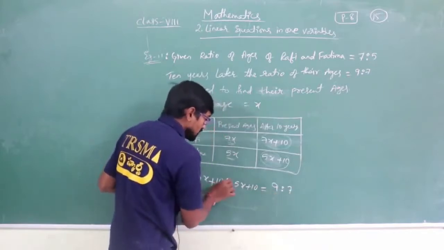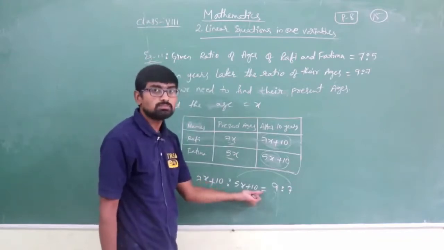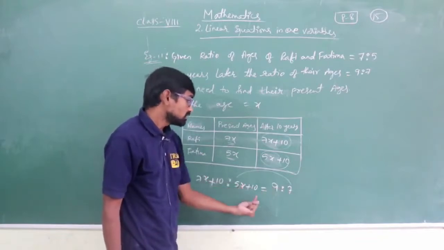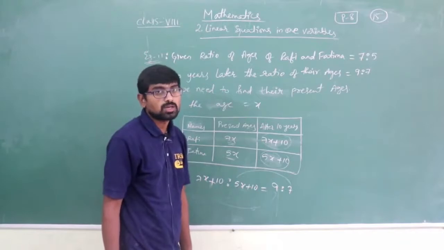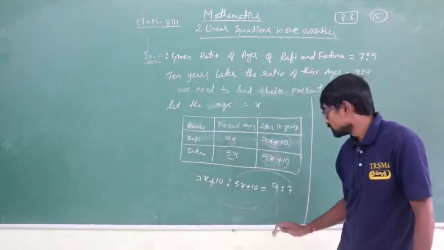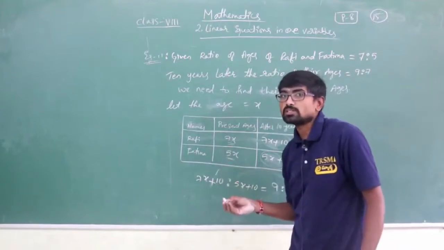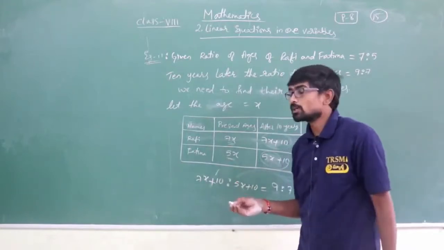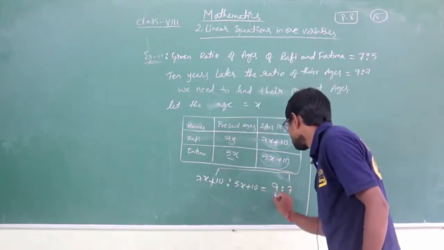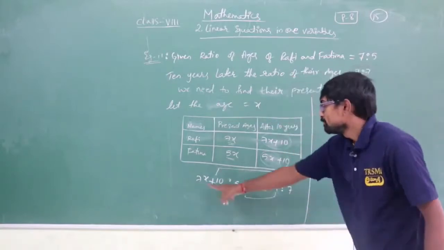9:7. So these are called the means and these are called the extremes. You already know about that, isn't it? So we have an equals to symbol in between. So what will we do? 7 is multiplied here and this is multiplied here. Hope you all understood, isn't it? So ratios are taken in the form of divisions, isn't it? You know about these ratios and applications. You have learned this in your previous class, isn't it? The mean and extreme values are multiplied, whenever we have an equals to symbol in between.